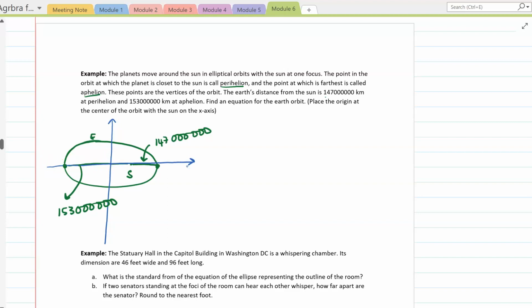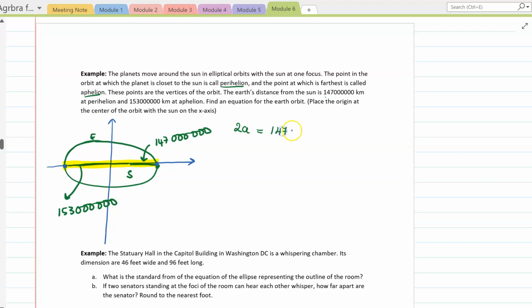So this distance from one vertex to the other vertex is called the length of the major axis, and we can use this to figure out a. So the length of the major axis is 2a, or 2a is equal to